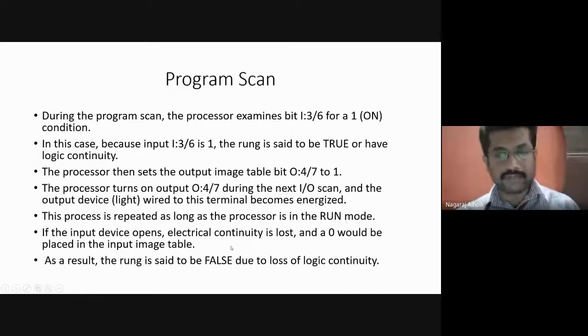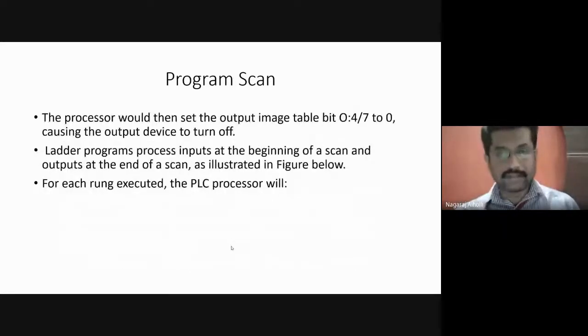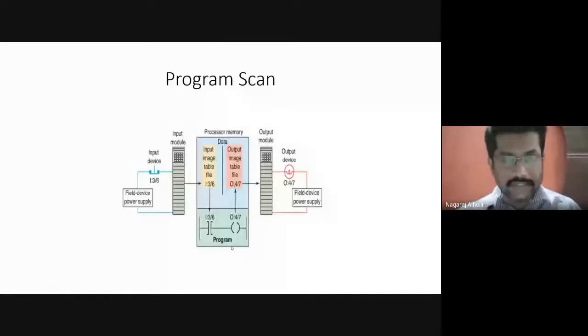Suppose this is the input device here in this figure. If this input device opens, will there be logical continuity, yes or no? If the input device is closed, there will be logical continuity. If it is in the off state, that is zero voltage, that means there is no electrical connectivity.